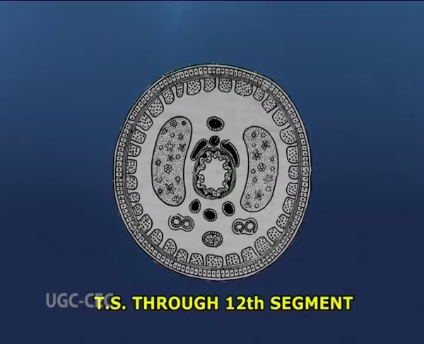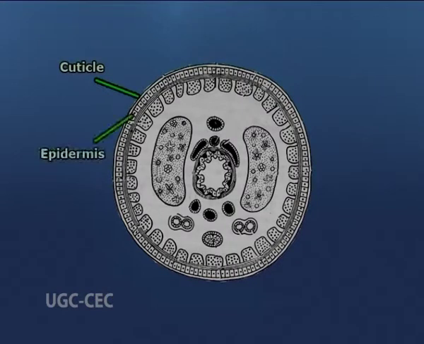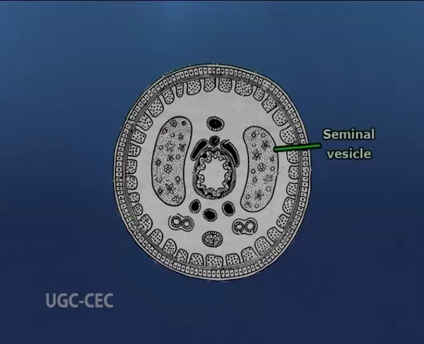This section passes through anterior region of the 12th segment containing seminal vesicle and sperm ducts. Body wall is composed of thin cuticle, epidermis, thin muscular layer and thick longitudinal muscle bands. The seminal vesicles are elongate, sac-like structures full of sperms and hence are seen in this section as separate, elongated, sac-like structures. Double sperm ductal tubes are closely attached having ciliated epithelial layer internally.